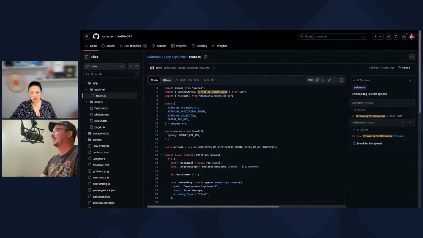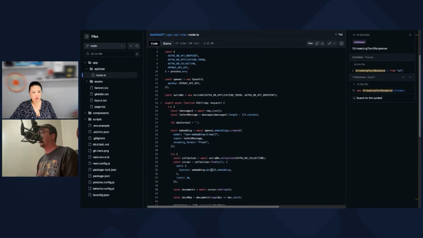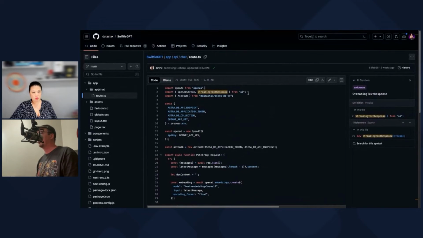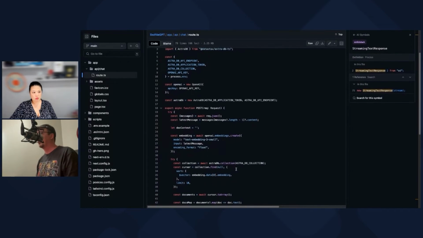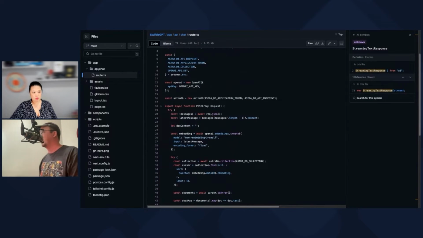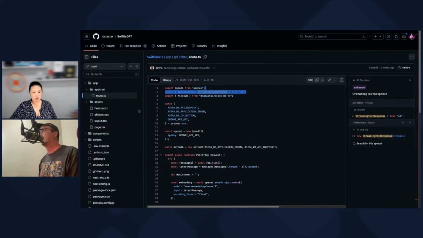I think I tried to get this to work, and streaming text response and OpenAI stream, these things that they were doing were very, very different. There's a project called AI that has a streaming text response, but this is old code. They're running against an older version of these libraries than what we pulled down.